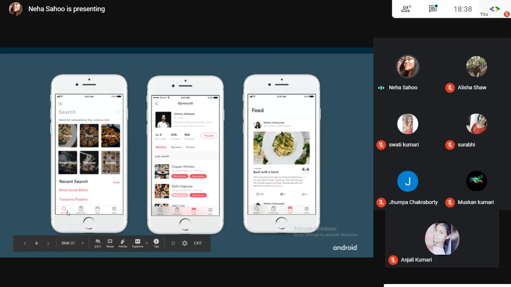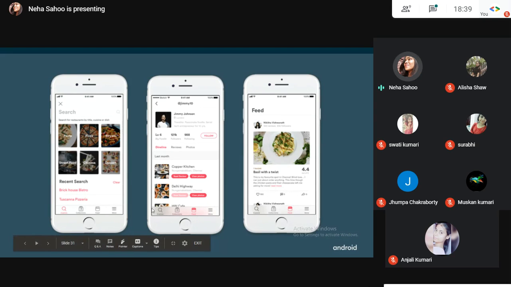Like if I click on any of these buttons, you can see that we have buttons here. If I click on any of them, for example Feed, it would move to a different activity. So you might have got an idea that it would be doing this using explicit intent.